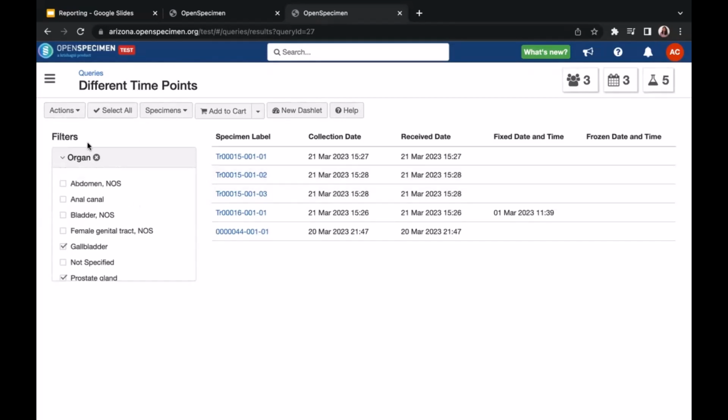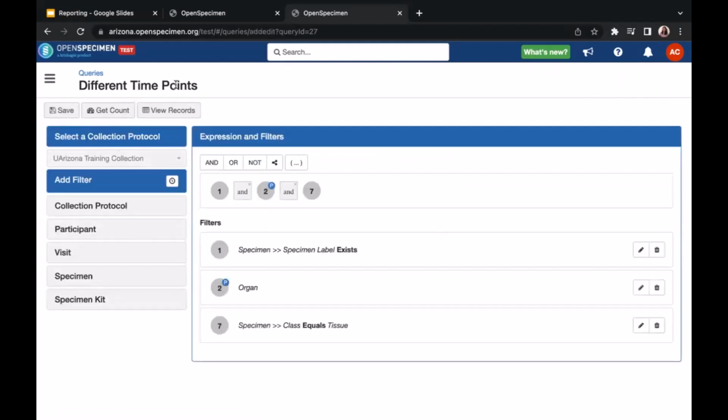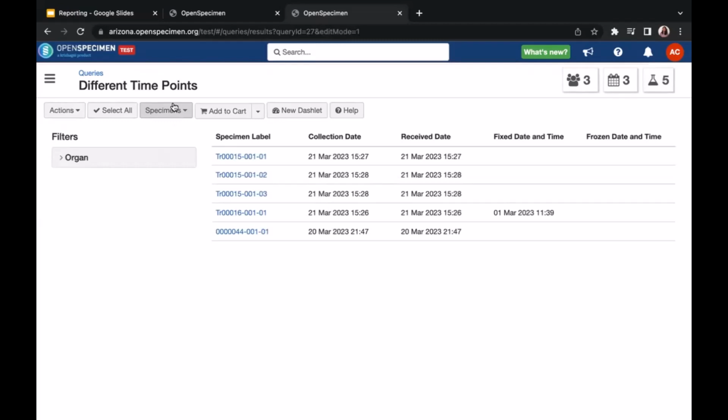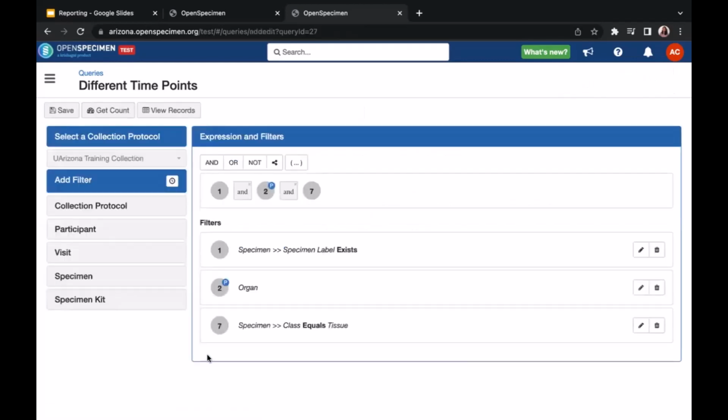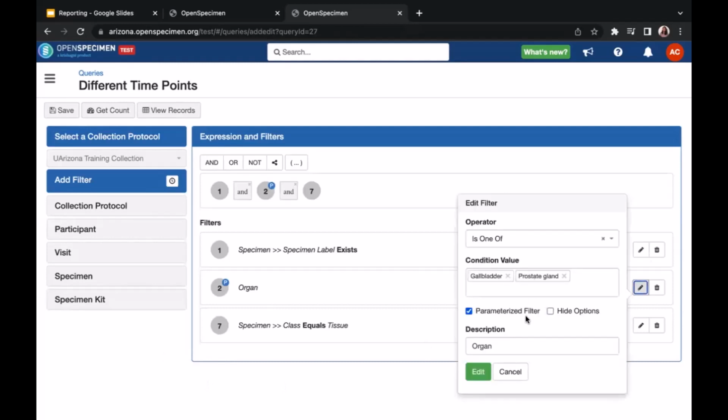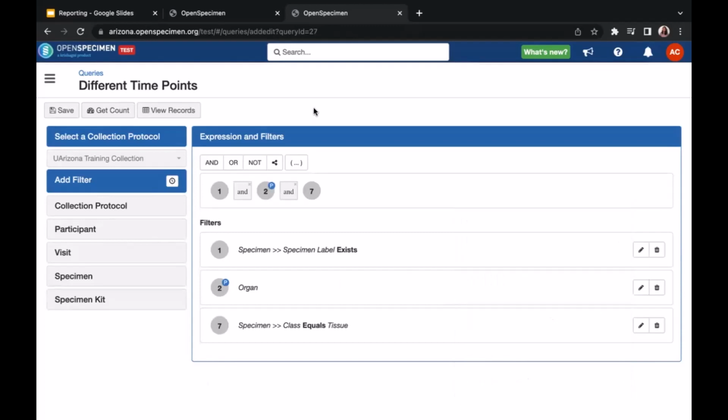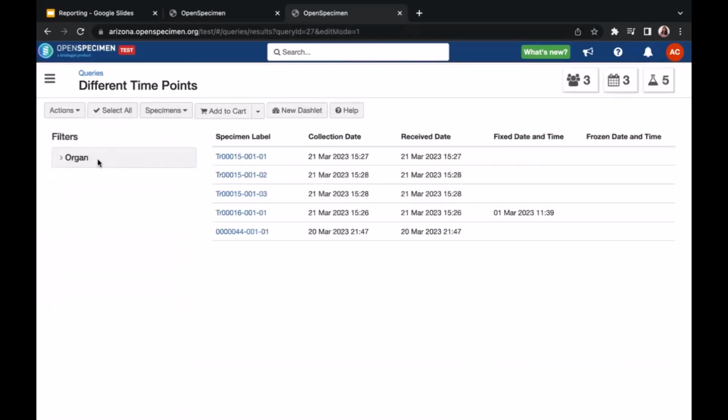Now, for example, there's one more option which you can do. So this is my query, right? Now if I want to edit something in my filter, you can do it by clicking on actions and click on edit. So it will take me back to my query creation page. Here we had one more option as hide option. So I'll select it and say edit. So now when I go back,